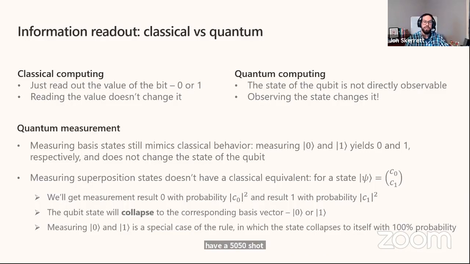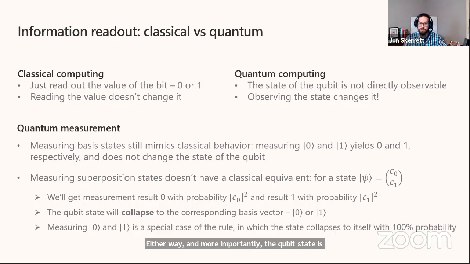And more importantly, the qubit state is going to collapse to the corresponding basis vector. If you measure 0, the state of the qubit is now 0. If you measure 1, the state of the qubit becomes 1. The measurement itself is kind of an operation on the qubit. And this is important because the coefficients C0 and C1 carry a lot of information, much more than just the 1 bit that you're going to get out of a system when you measure it. So when you measure a system, you're losing information, you're destroying the state. If you return to the qubit and try to measure it again, you can't get any more information about C0 and C1. You just get one shot at this measurement, and you get 1 bit of information out of it.